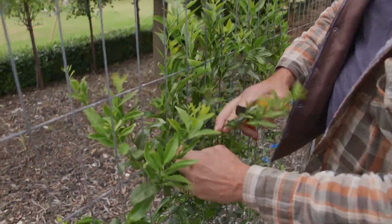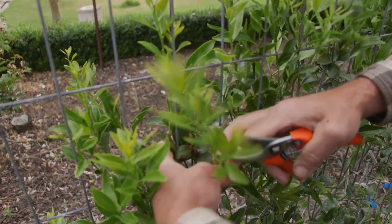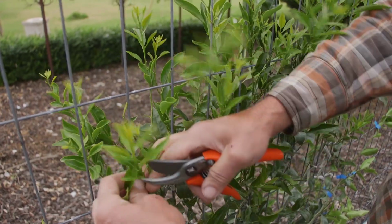But which one's gonna grow up? Do we need this one here? Do we leave that one there? Which one are we gonna leave out of all these? We can't keep them all. We can try and fan them out, but once you start fanning these out, you've got also these to fan